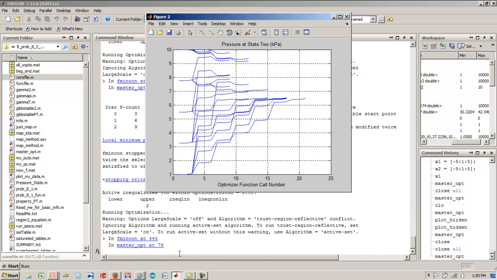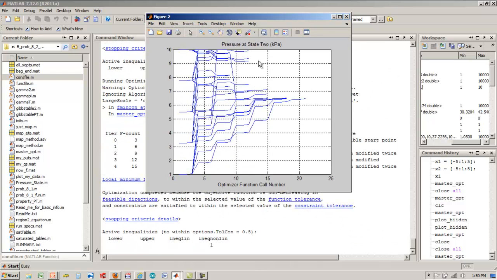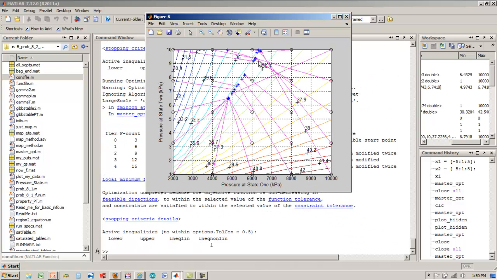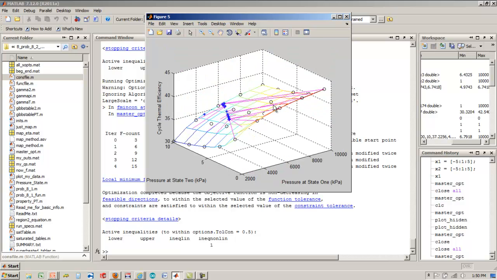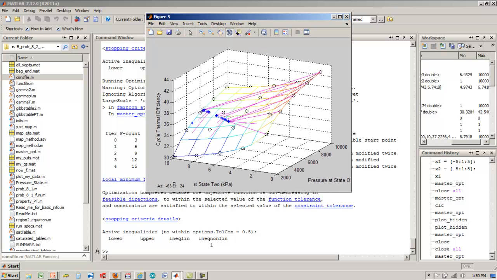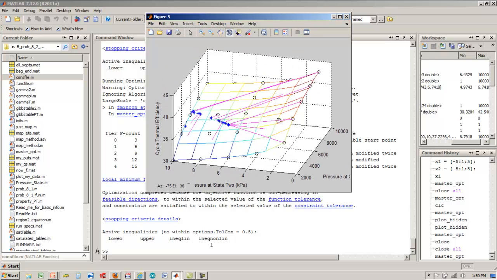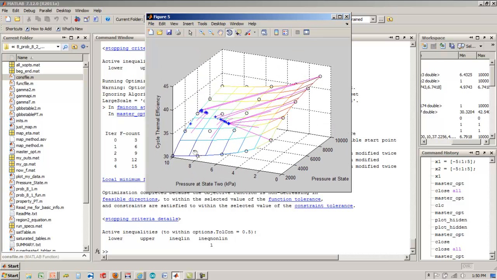And this is very interesting because automatically I see that the pressure at state 2 doesn't want to go to the exact same place. I'm going to iconify figure 6 or close it, and then I'm going to look at this thermal efficiency plot. And I see that all of the starting points, each one of these optimization runs converged